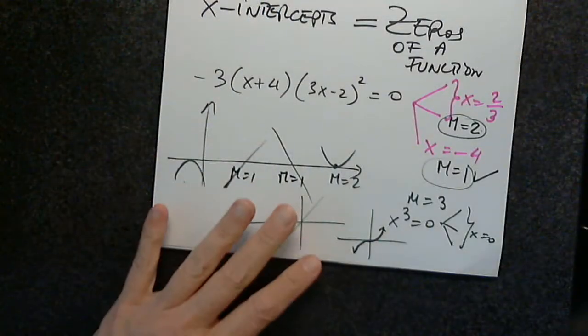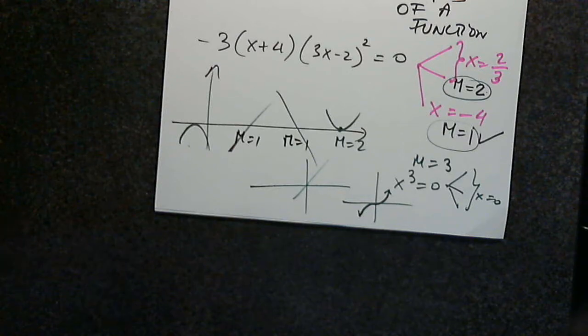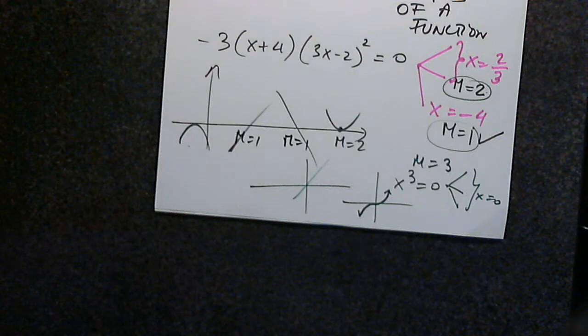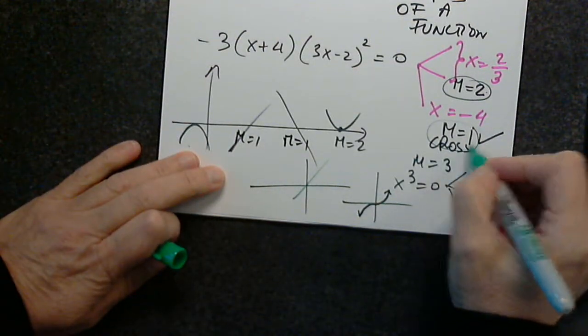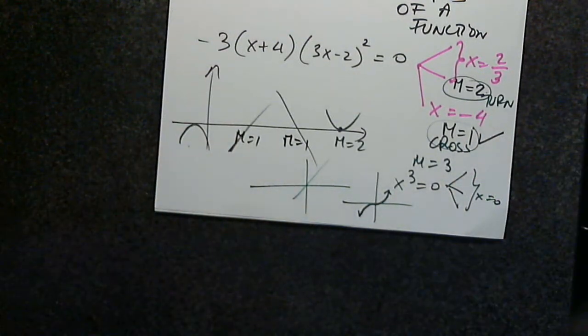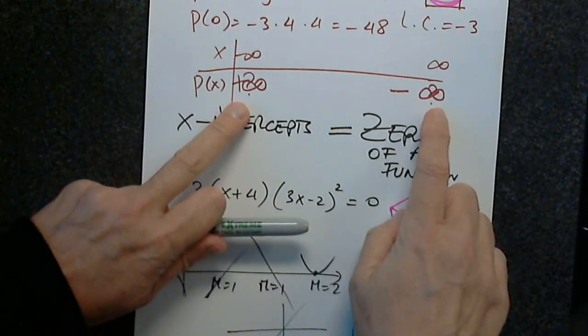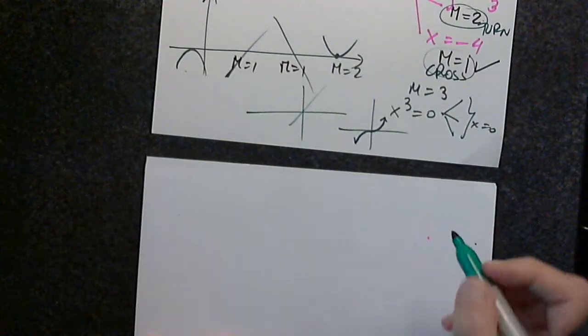Since we determine this, I don't want you to graph it by hand at this stage, because in chapter 4 this is what we're going to do. We're going to graph these functions, all of them, by hand. But since we discovered that it crosses, I'm going to write here "cross and turn." And since we know the end behavior, it's coming from positive and going to negative. So I know that the graph of this function,